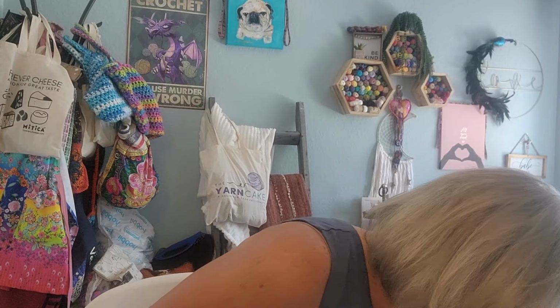Anyways, okay. So that's the big project. All right. So we're just going to keep on keeping on with that one. And this was something I had in my stash as well that I thought maybe it'd work with the silver, but it's not going to. So I'm going to put that one aside. Just keep on keeping on, people. That's what I say. But it will be done in time for the